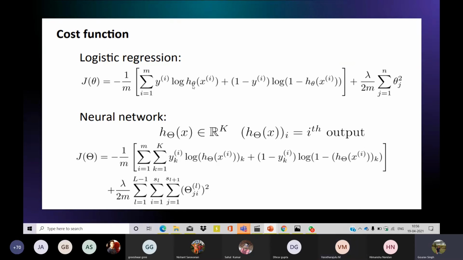Here h theta is again the sigmoid function. It can be used for both 0 and 1. When we have y as 0, then the first term will become 0, and the remaining term will work for the cost function. When we have y as 1, this term will go to 0, and this term will work for our cost function. In a similar way,